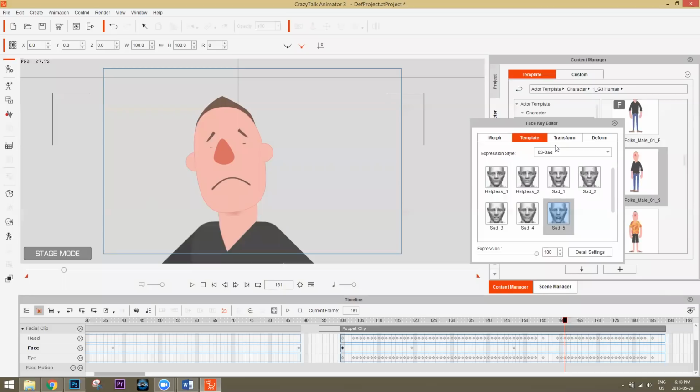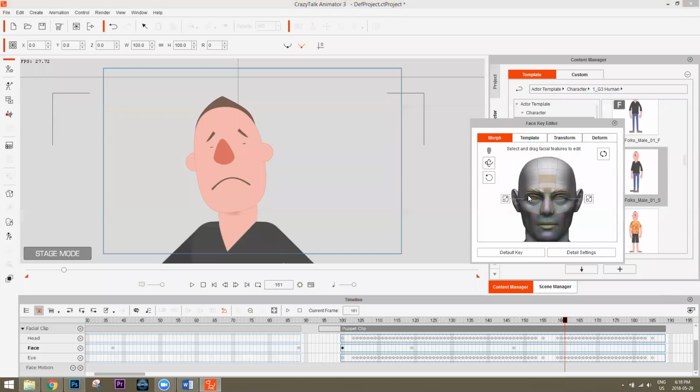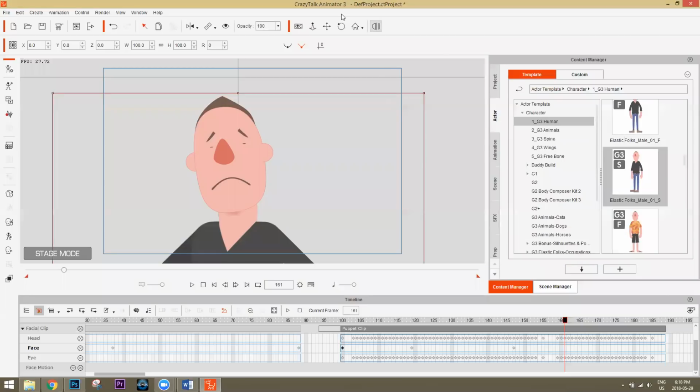I don't use it too often for the actual expressions, because I find it's much easier to time them. And when you're dealing with animation, the timing of your expressions is very important. So you can try to time it with your mouse live, okay? And you may have some success with that, but you may want to always tweak it later using the templates or using the transform and deformation tools and stuff like that. Okay, all right, so that helps out there. All right, on to the next question.